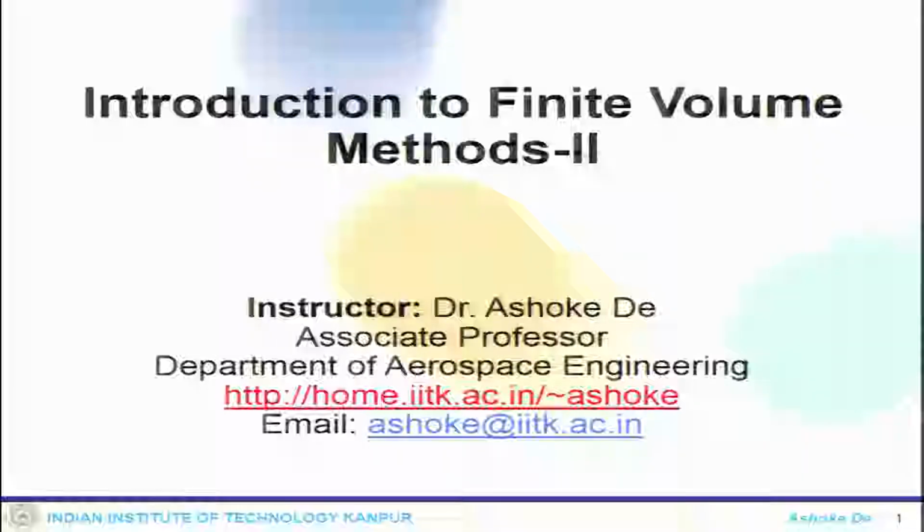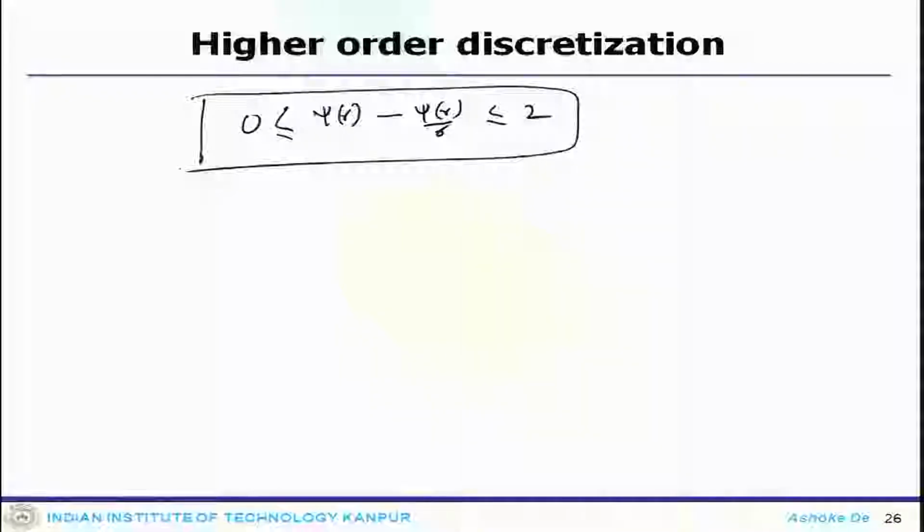Welcome back to the lecture series on finite volume, and we will continue our discussion where we left off in the last lecture. So, in addition to psi r greater than 0, a condition is also imposed that psi r equals 0 for negative values of r. Now this condition will be satisfied if psi r is less than or equal to 2 and psi r is less than or equal to 2r.